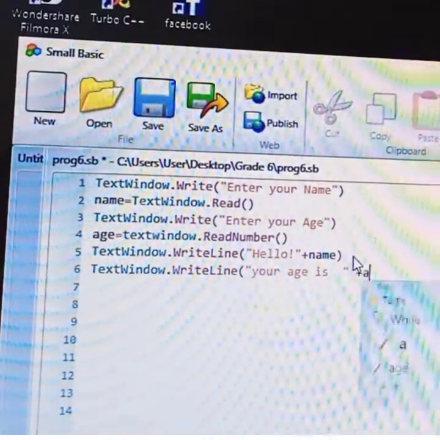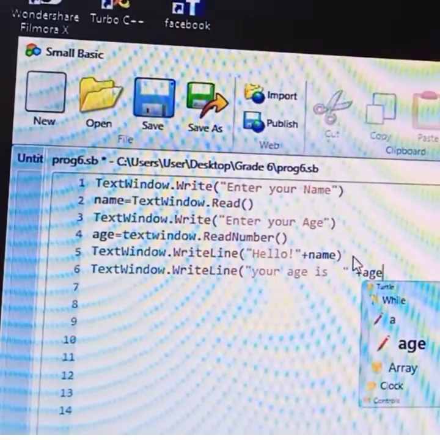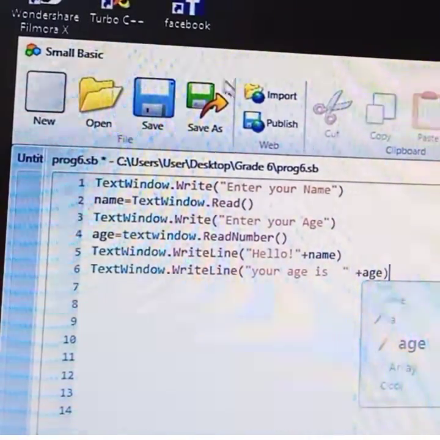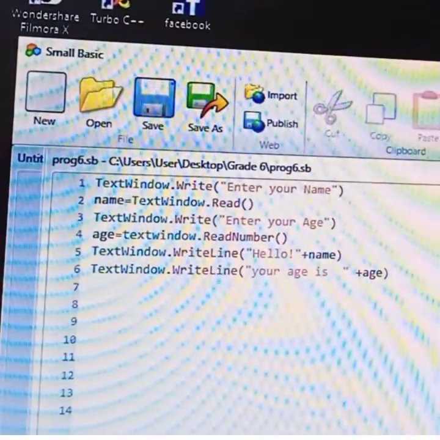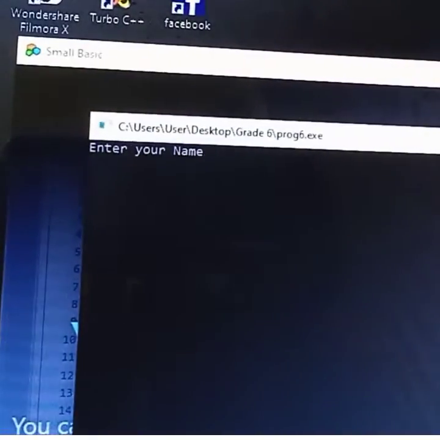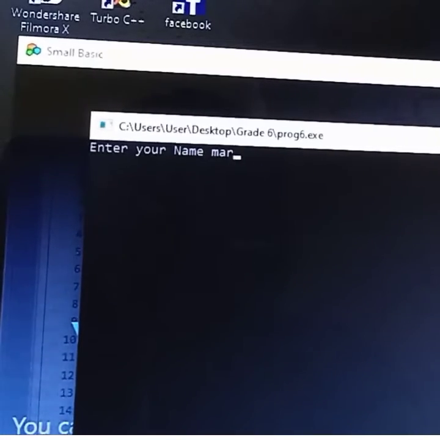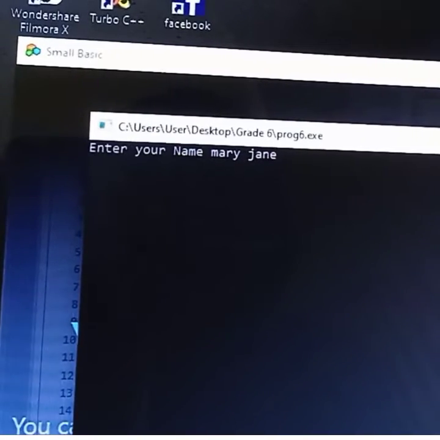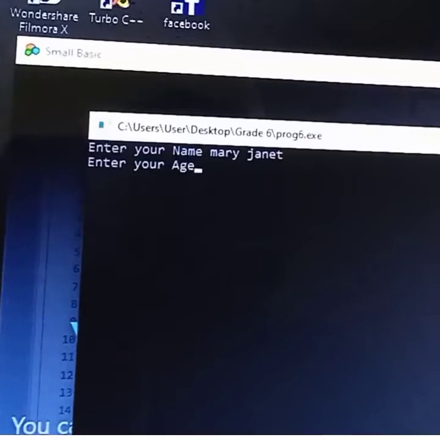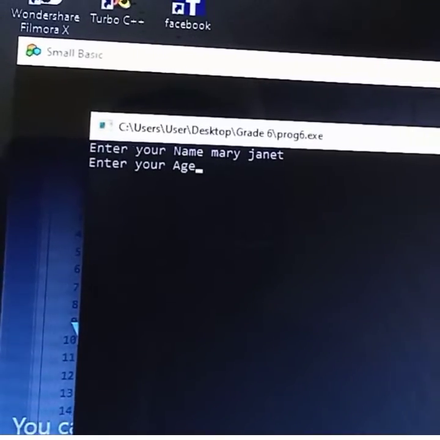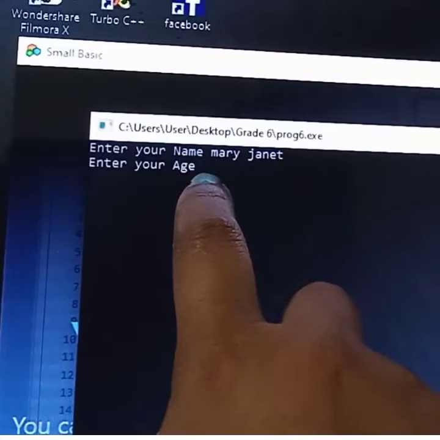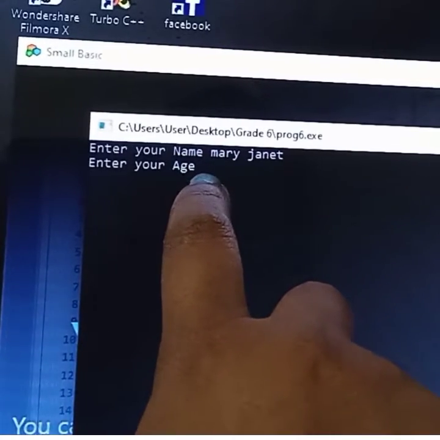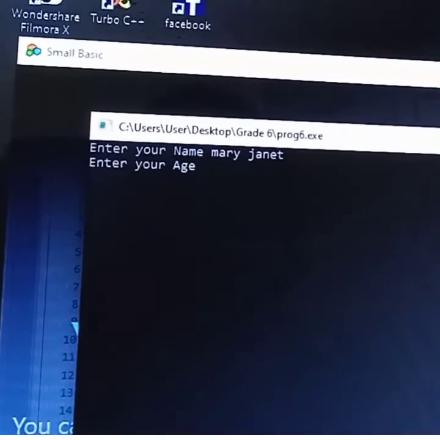Then plus is a concatenation operator, and age is a variable, so whatever age you entered comes with your age. I'm going to save this, then run this program. It's asking me to enter your name, so I'm entering my name, Mary Janet. Then click enter, and it asks enter your age. The pointer is on the same line only, because I used the Write method here.